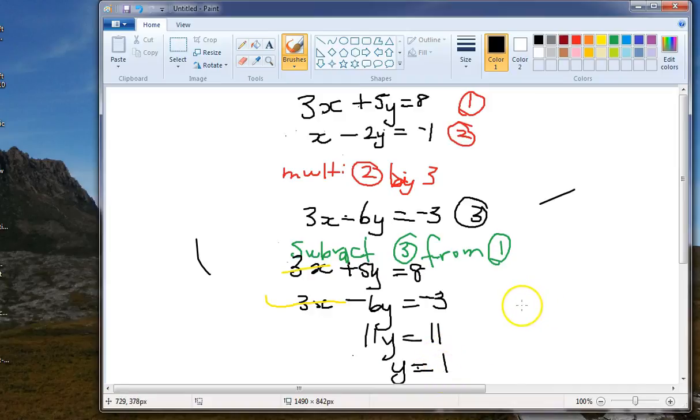Substitute it into one of the equations. I'm going to substitute it into equation 2. So we end up with, I better write that instruction down. So sub y equals 1 into 1, so that we end up with